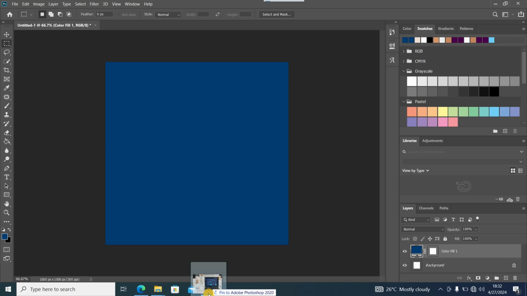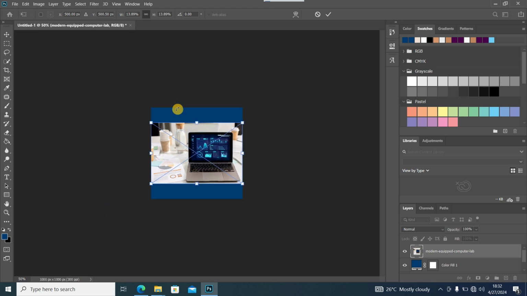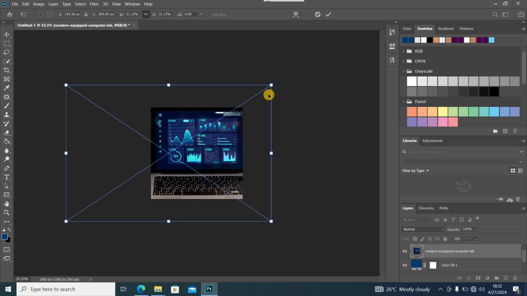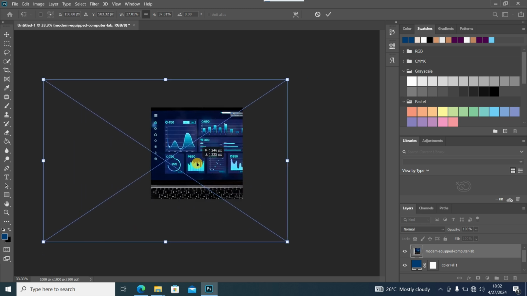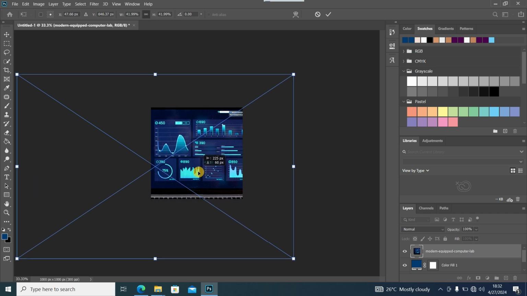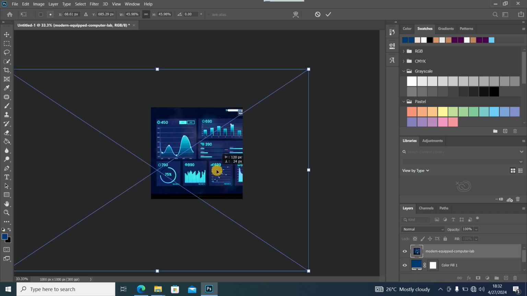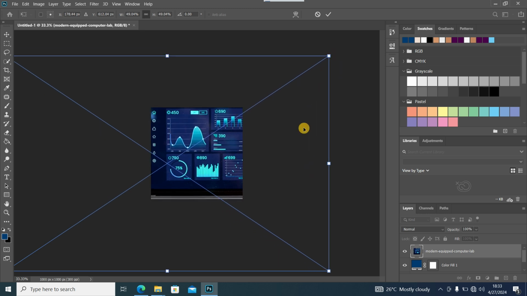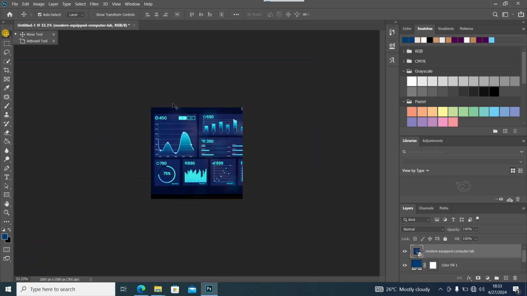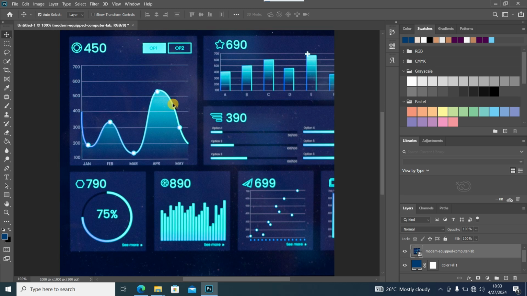I'm going to add to the background to create some textures in the background, and for that I'm going to zoom out a little, and I'll stretch this image to fill the whole canvas like this. So we have just the screen on the canvas like this. So I'm just going to increase the size of this a little more. Okay, so once my screen is filled like that, I'm going to zoom in a little,